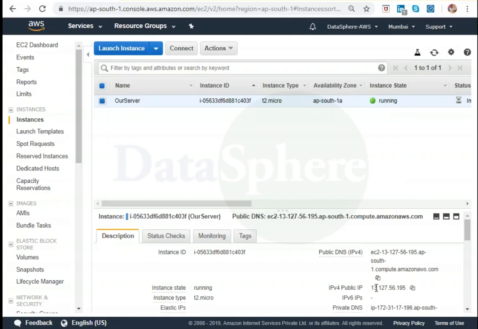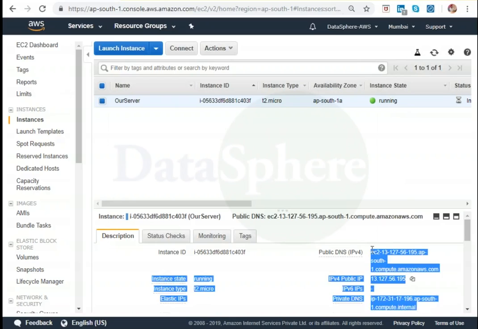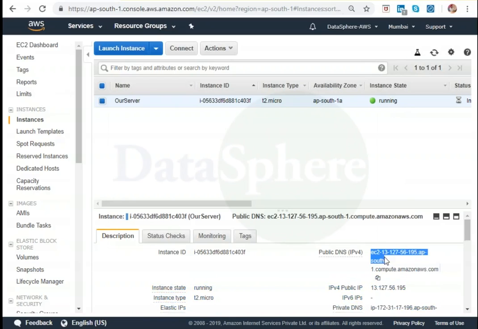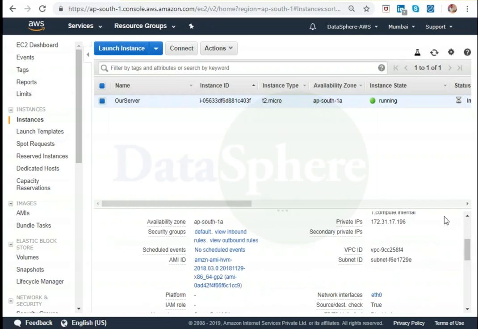So we are able to see the IP address or the entire DNS, which has the entire string that is required for our purpose. Okay, we'll copy this and keep it ready, and at the same time, we can also check